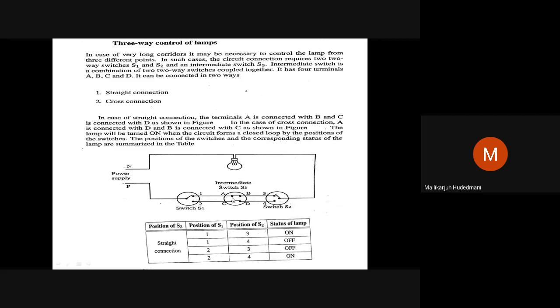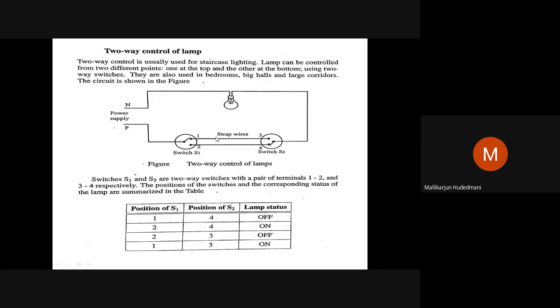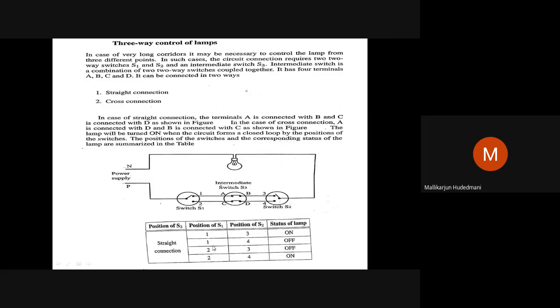When the switch is in straight position, it is just like this, as if you have straight wires here. S1, S2. These are the 4 combinations. 2 conditions are on, 2 conditions are off. You can see here, when the switch is straight connected, up, up, it is on. Yes, because there is a straight connection. Up, up, on; up, down, off; down, up, off; down, down, on.